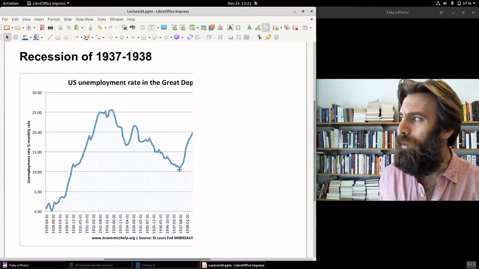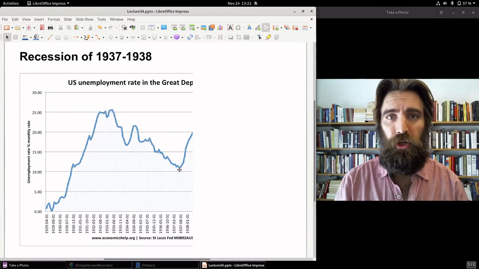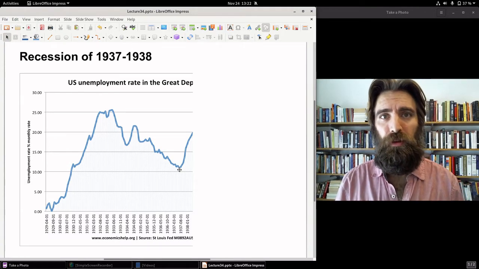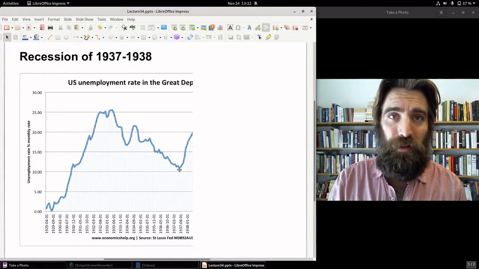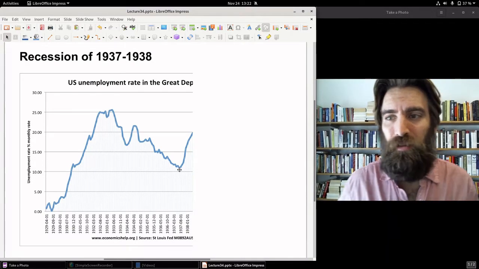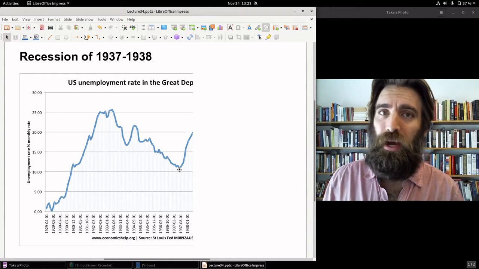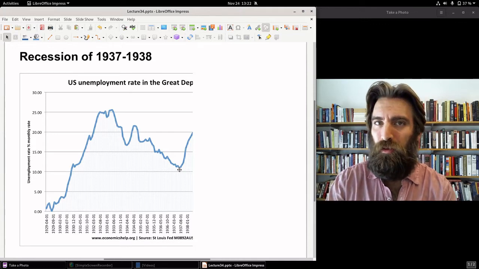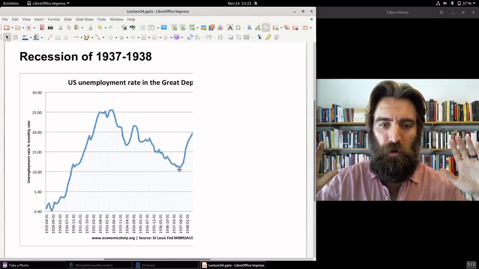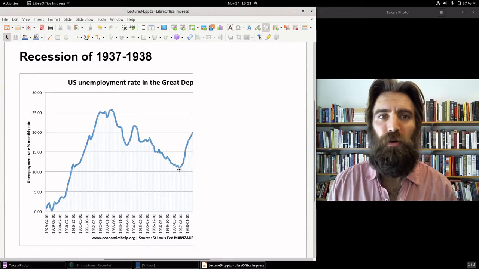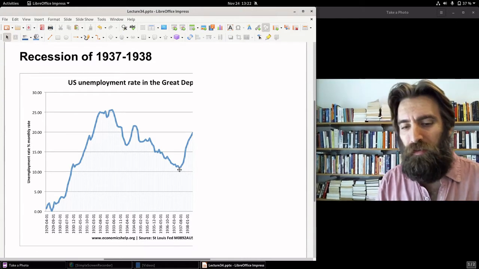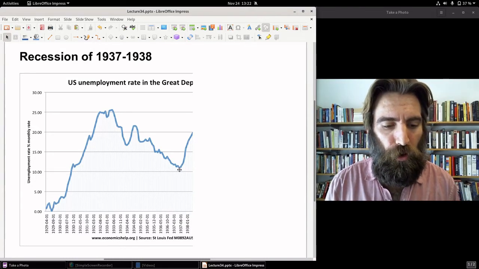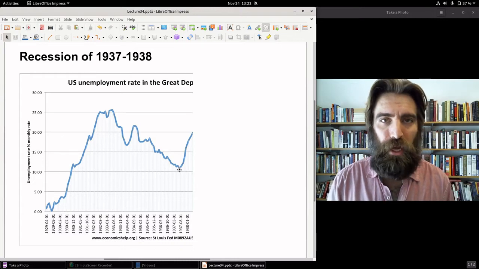in 1938, in the congressional elections, Republicans did very well. They didn't take the House. They didn't take the Senate, but they gained seats, and then a lot of conservative Democrats were brought into the House, who, though Democrats, formed a coalition with Republicans to put the brakes on any more New Deal programs. And so the New Deal, basically, after 1936, the New Deal is over. There's no more action will be taken from that point forward.